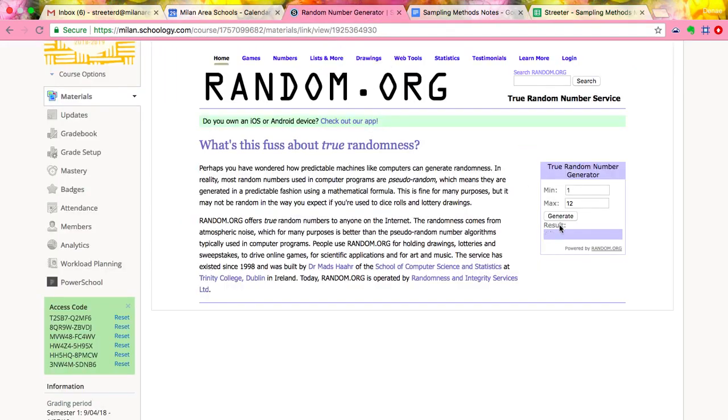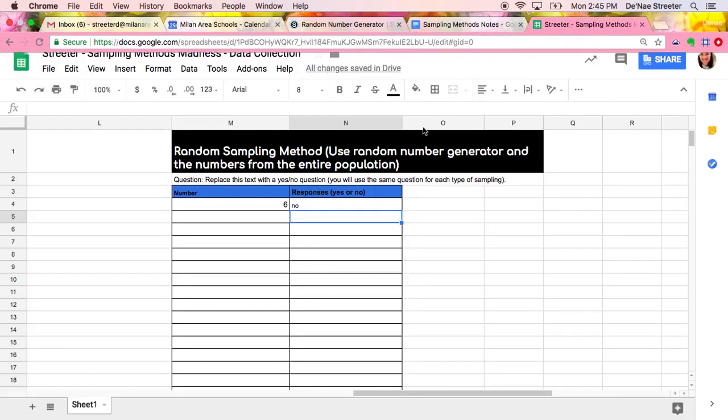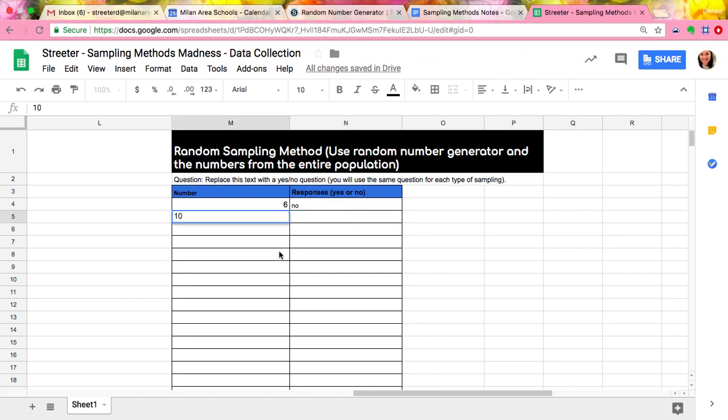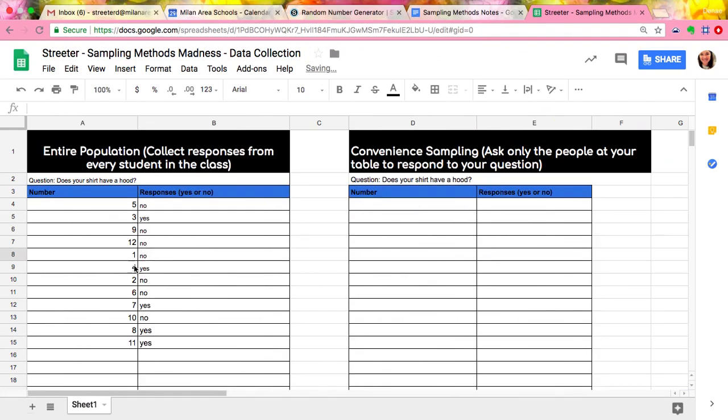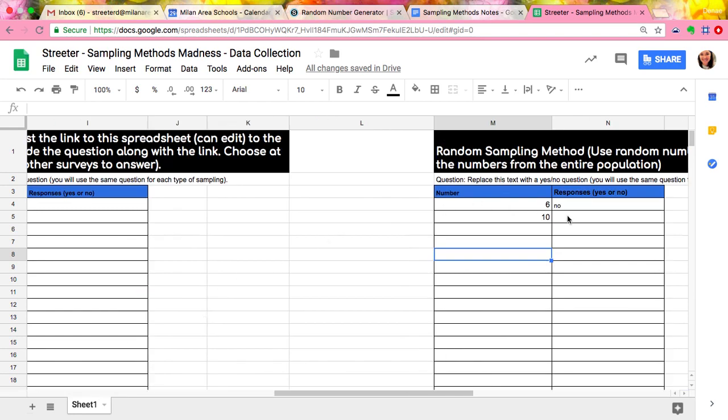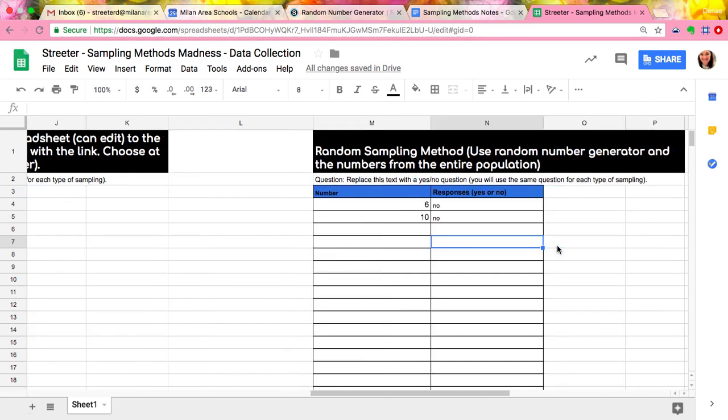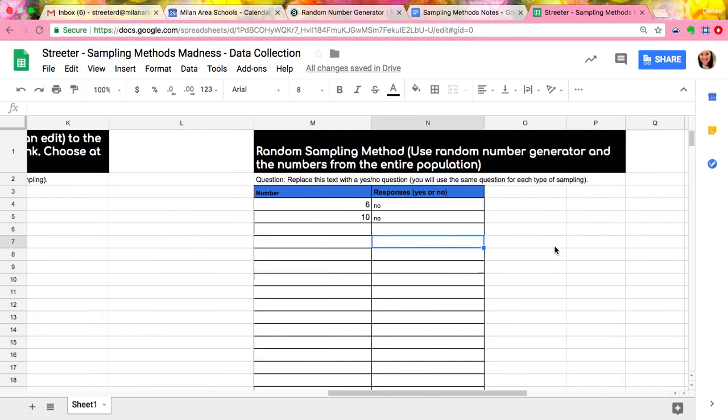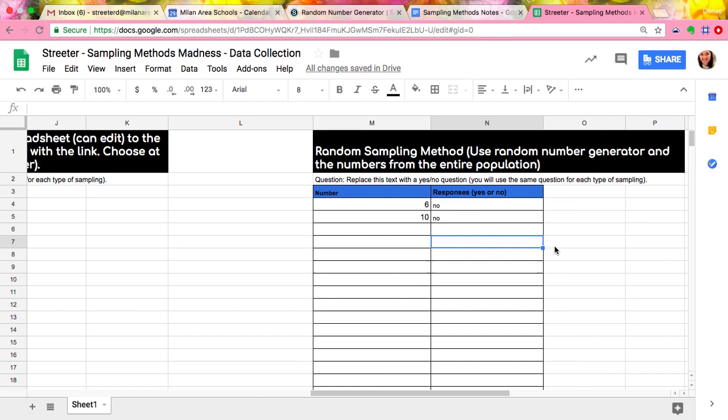So I'll click generate again. The result is 10. So number 10, and their response was also no. And like I said, you will do that 5 times, so you should have 5 responses for the random sampling method. Once you have finished all of your samplings, you are going to create pie charts for each one of